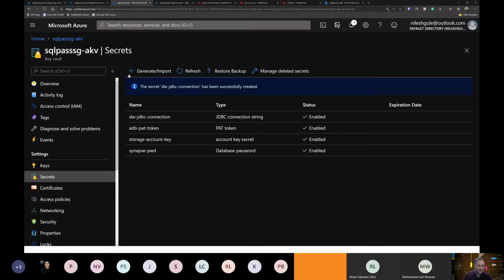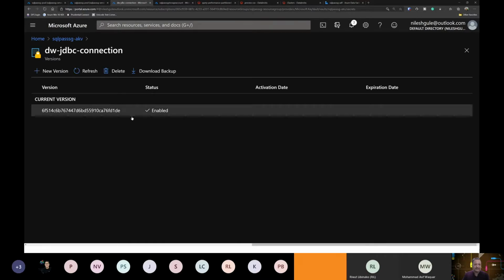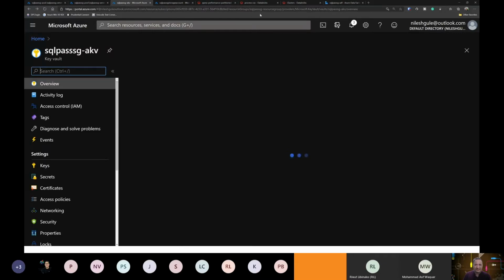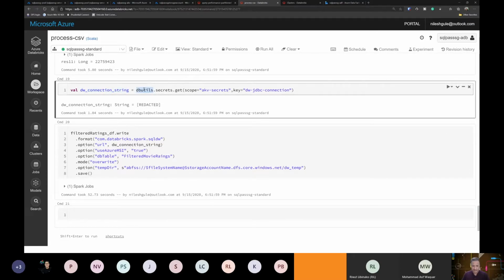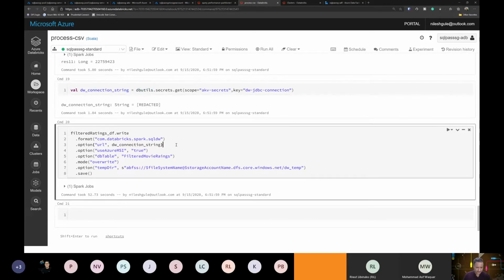If I go into the key vault, you can see that I have created a DW JDBC connection string as a secret, and that secret has the whole connection string as its value. I'm fetching this connection string using dbutils and the secret scope. So in a secure manner, I get the connection information, and I don't have to expose anything to the end users.